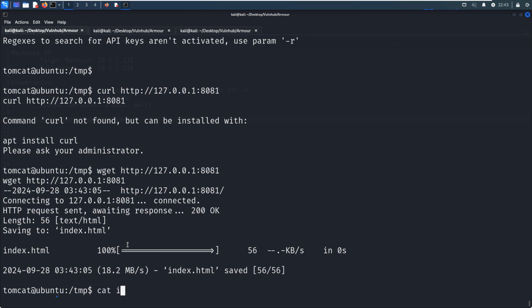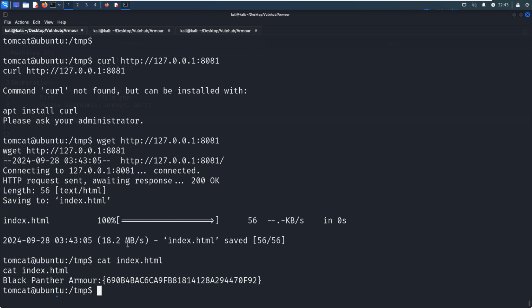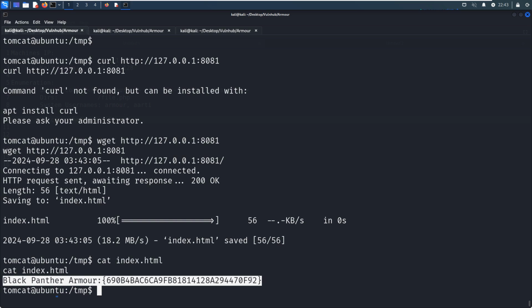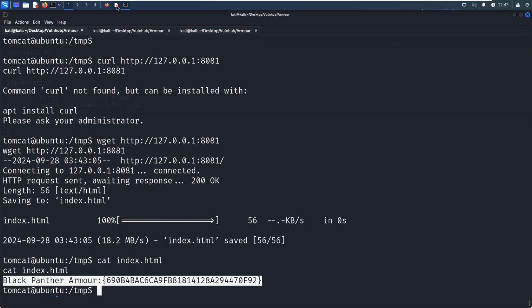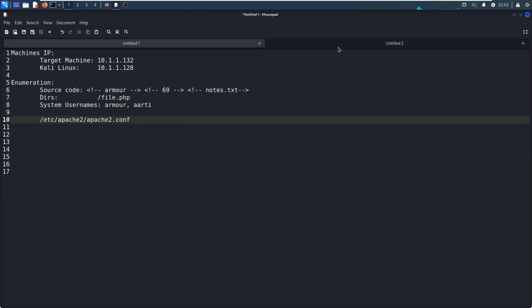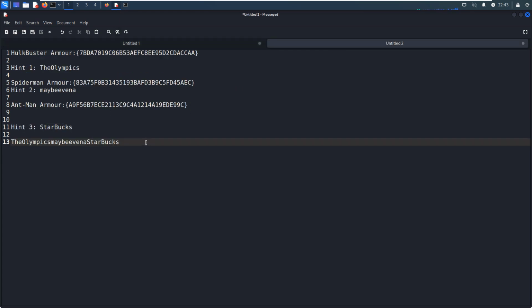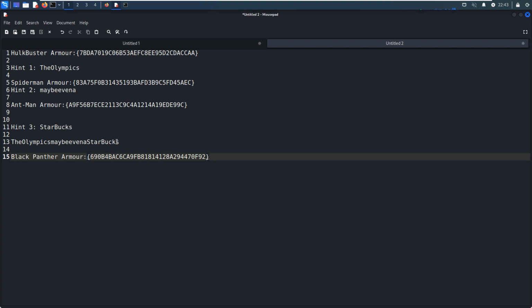And we can cat out this file. Actually, we got the four armors. Okay, I think there's just one armor left to be found. Great. So this should be armor 1. Armor 2.